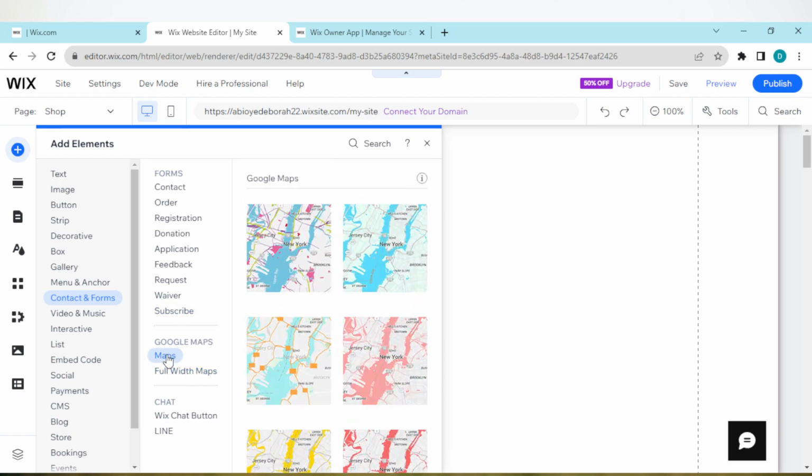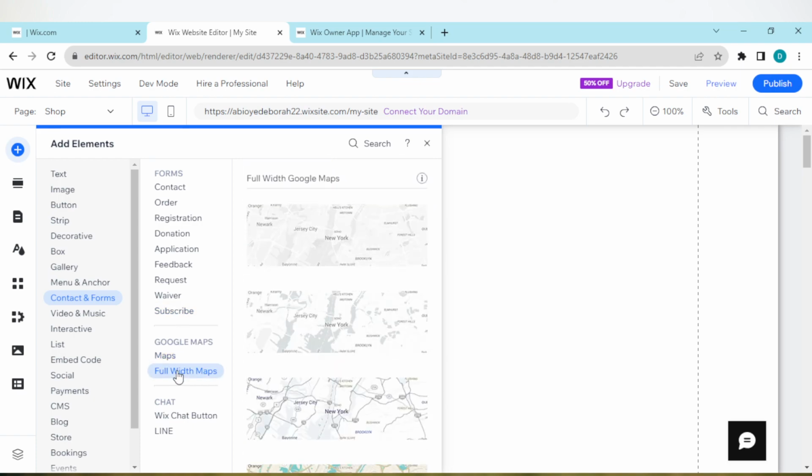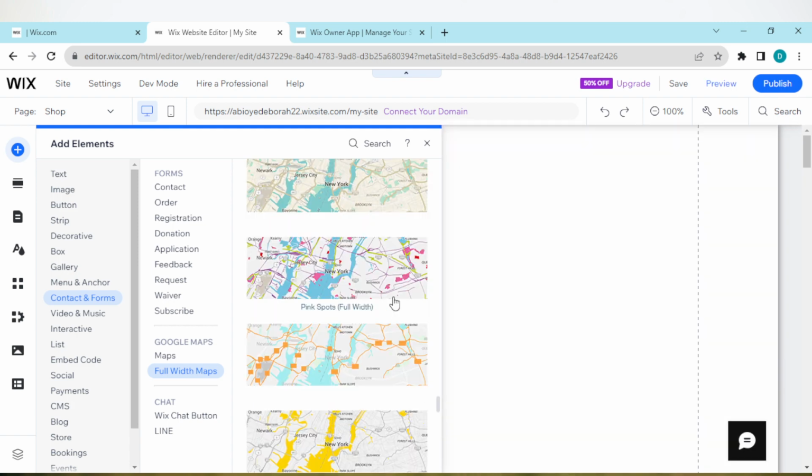So you can select, do you want a map or a full width map? All right, select the one you want. For me, I'll be working with full width map, so just click on it that way. And then once you've clicked on it, move over here and select the one you want. You can scroll down until you see the one you want. So once you've seen the one you want and you're sure you selected the page where you want the map